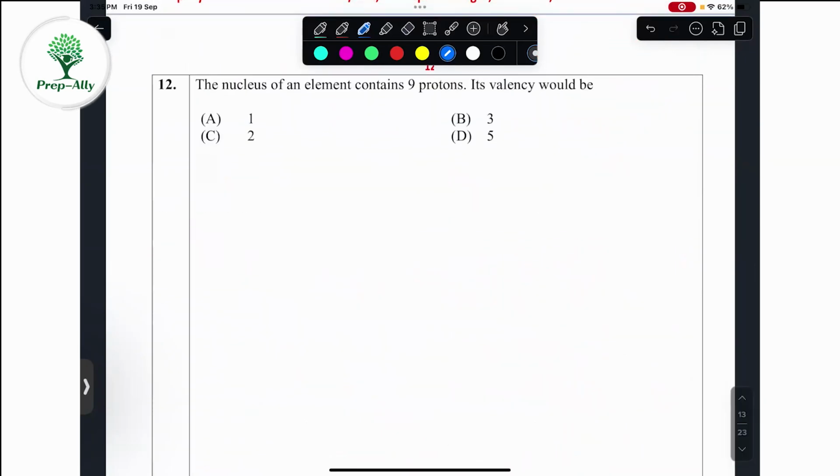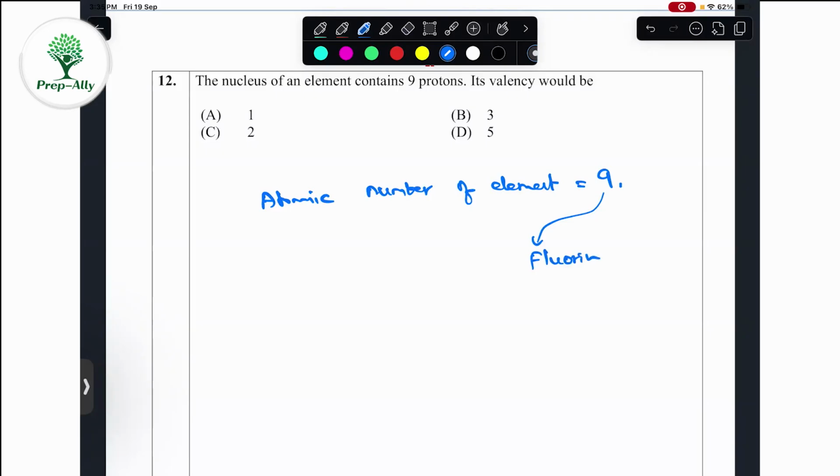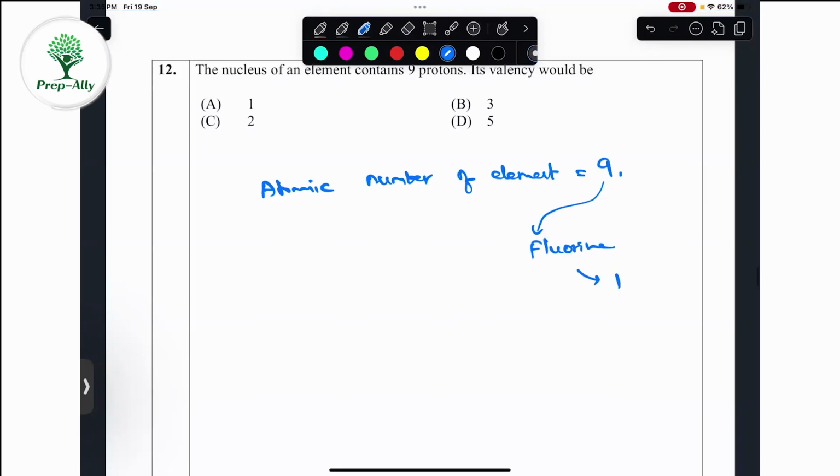The nucleus of an element contains 9 protons, and its valency would be? The element contains 9 protons. That means the atomic number of the element is 9, which belongs to fluorine, you can say better. What is the valency of fluorine? 1. Or you can write its electronic configuration: 1s2, 2s2, 2p5,